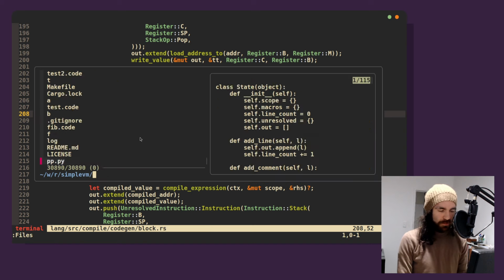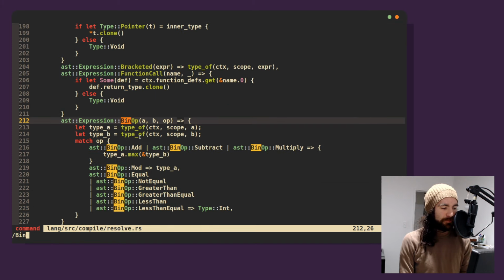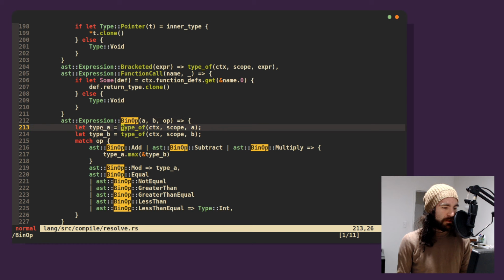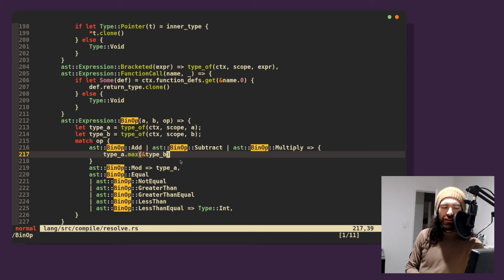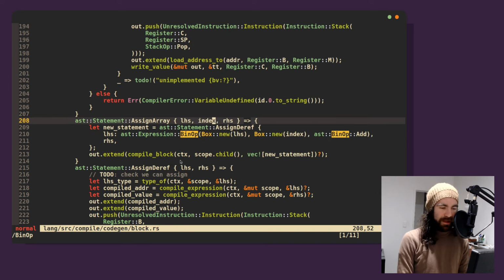So what is the type of a binary operation? Type A, whichever type is bigger. So how does this work? The left hand side is an int.